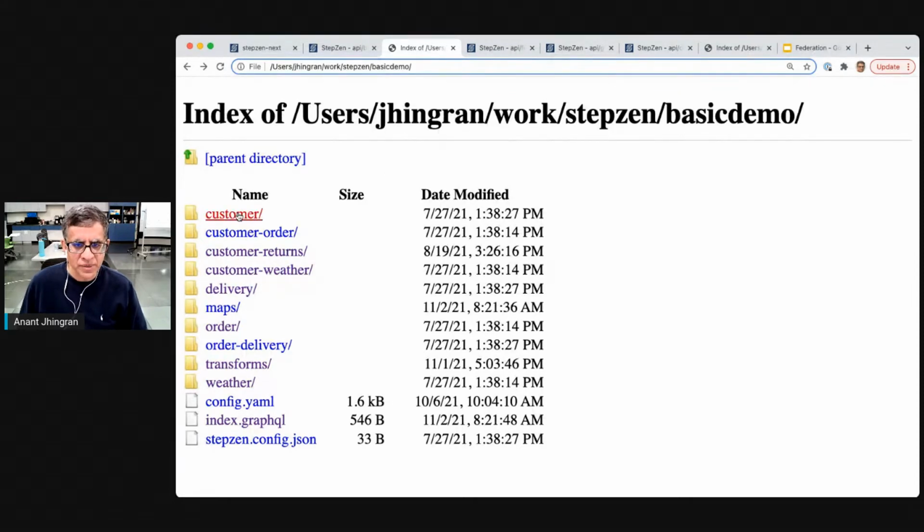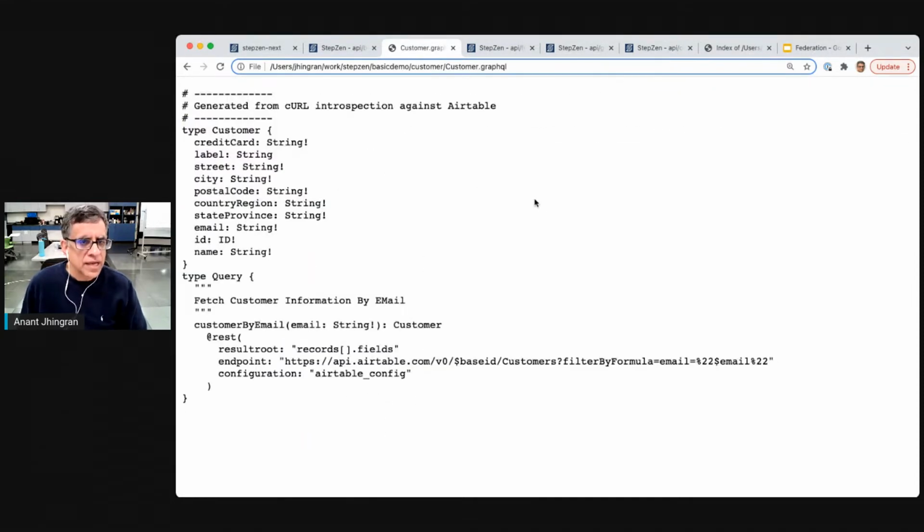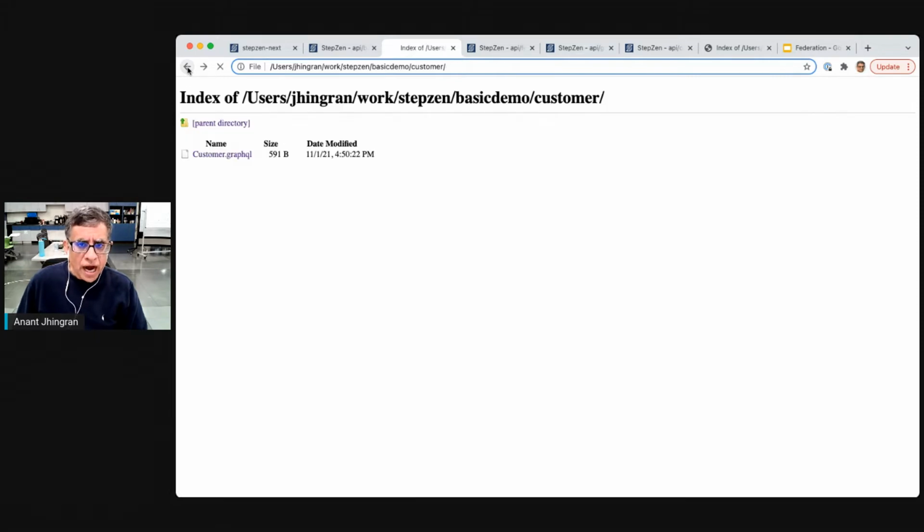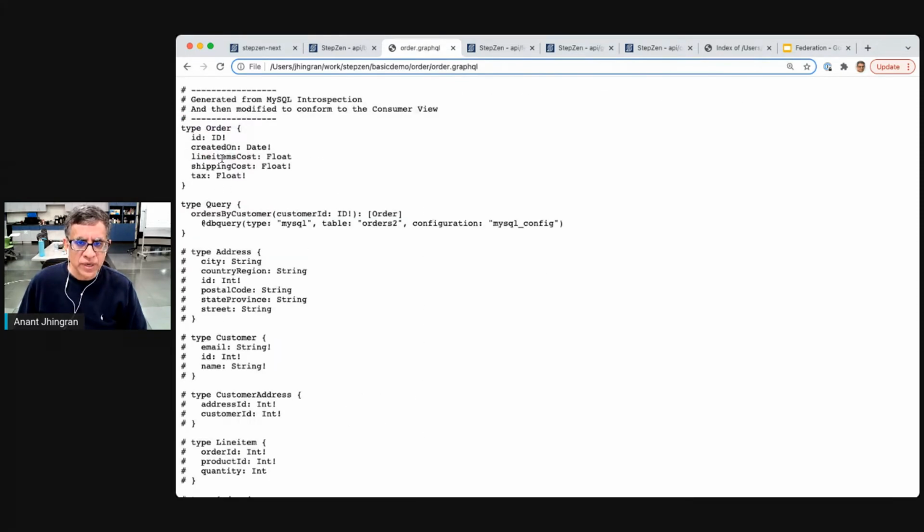So the customer data might actually be coming from Airtable, and in this case, there is a REST call against Airtable, and you can either construct this through very simple constructs, or you can point us to Airtable, and we can introspect it and understand what's really going on. The order information is coming from MySQL, and in this case, it uses this add DB query call to go against it. The developer pointed us to a MySQL system. We found a lot of stuff, and the developer said, "No, I'm not interested in this. Not interested in this. I'm only interested in the order information." So you can either build it out very simply, or you can have us introspect and generate it.